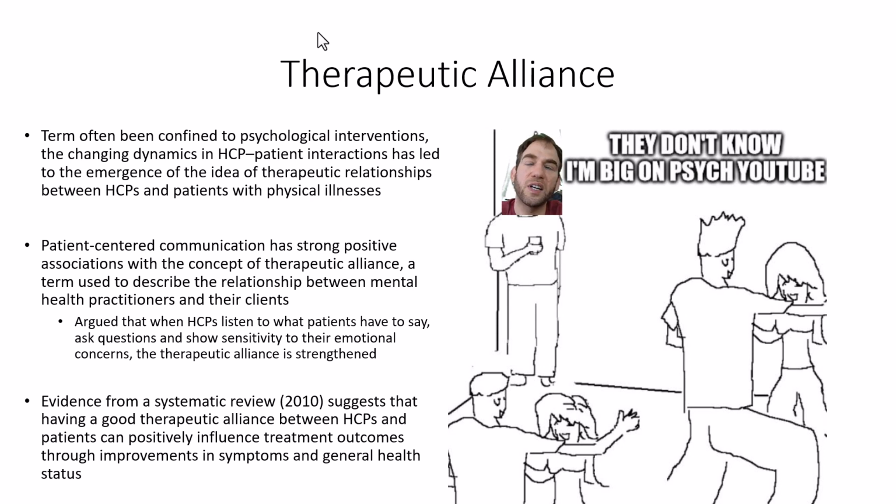So here, we're taking a term traditionally, not necessarily, but we'll just say traditionally, which I'm not a big fan of the term, but whatever, confined to psychological interventions, so between a therapist and a client, then those relationships, for relatively self-evident reasons, are going to impact whatever it is that's being worked on in this therapeutic session. Well, this is extended to physical illnesses or other chronic physical disorders, with more or less the same principles: this is a social relationship, and the quality of a social relationship can impact if you're going to listen to that person,